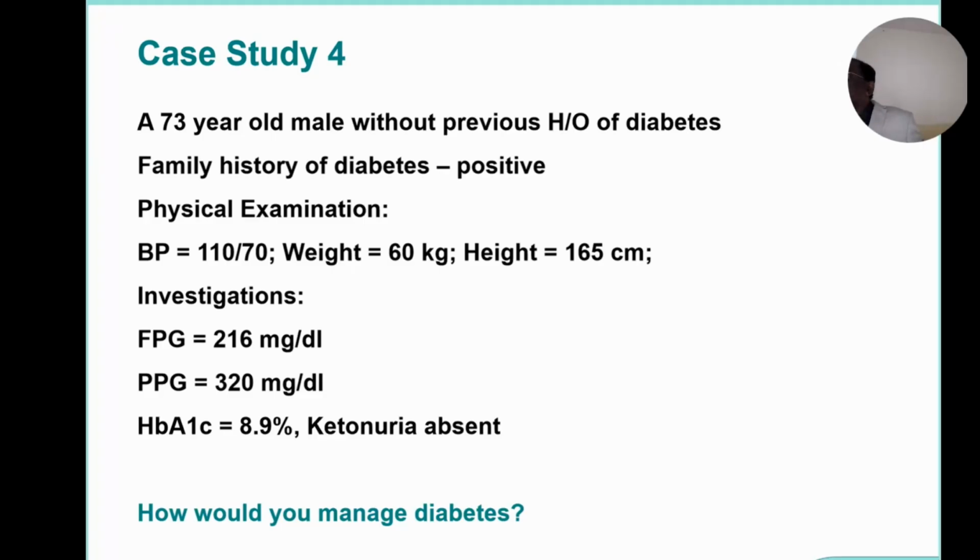So how to clinch the diagnosis? GAD65 antibodies and then C-peptide levels. So C-peptides are very low, GAD65 antibodies are positive. So that shows autoimmune destruction of the pancreas at the age of 70 plus. So treat him as type 1 diabetes only. So start using insulin lifelong. Another 5 years or 10 years or 15 years or 20 years.